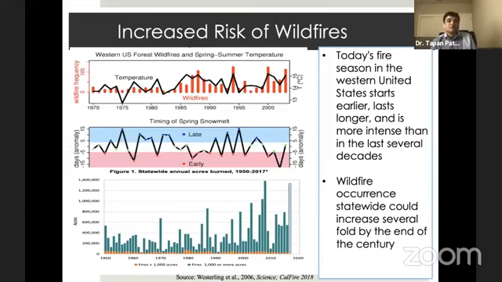So the first figure here shows the wildfire frequency, and it shows how well it is correlated with the springtime temperature increases, spring and summer both. In recent years, that is gradually going up, and at the same time, it is impacting wildfires too. It is also correlated well with the timing of snowmelt. Remember, I mentioned minimum temperature increases in the Sierras, and that is impacting snowmelt, and that is also impacting